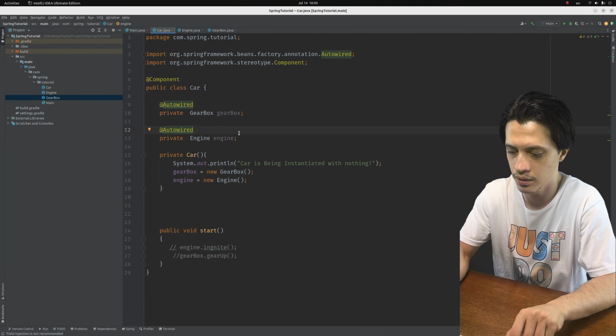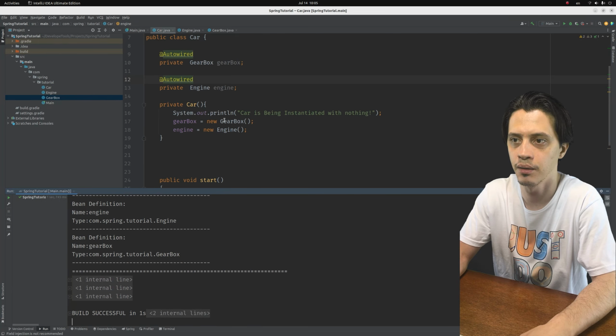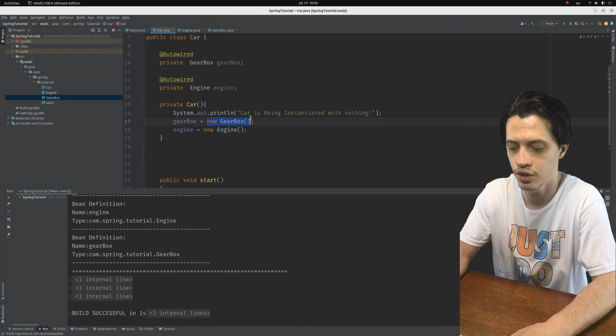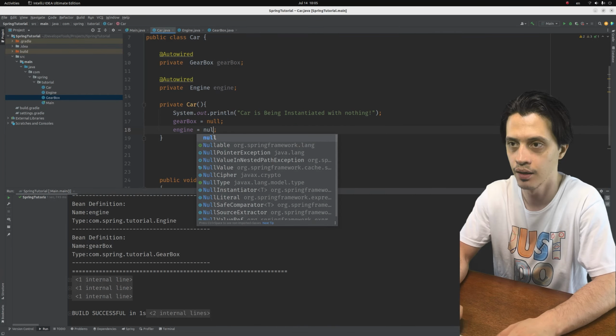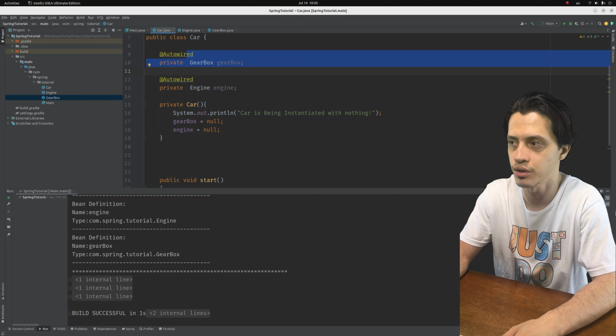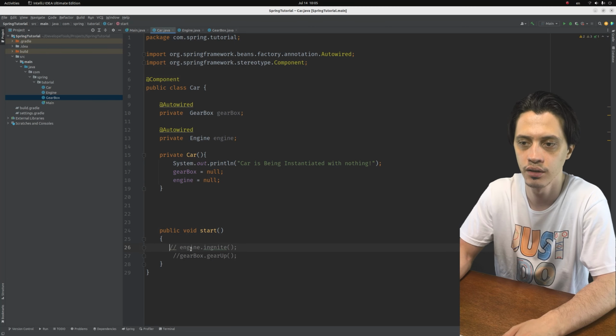Now, let me change these two to null values, and I want to prove that these values are injected. So I change the values to null at the one and only constructor, and then the start function will be called